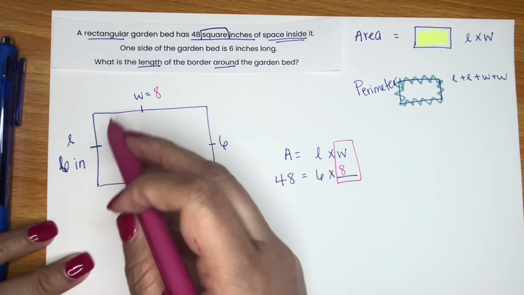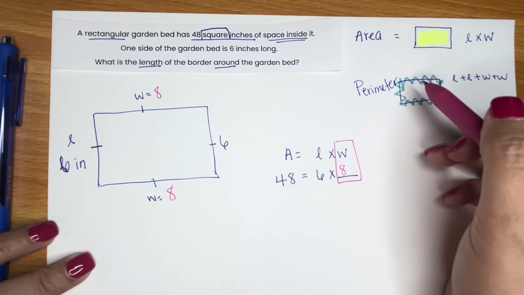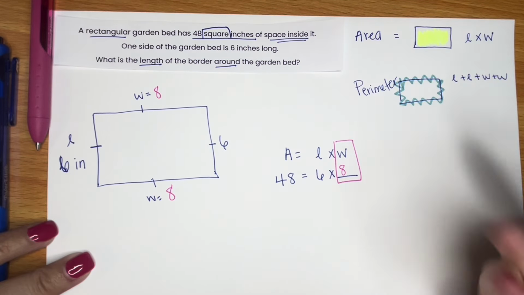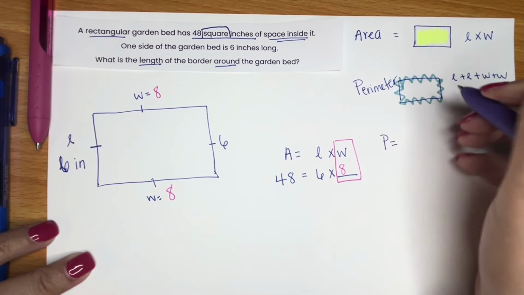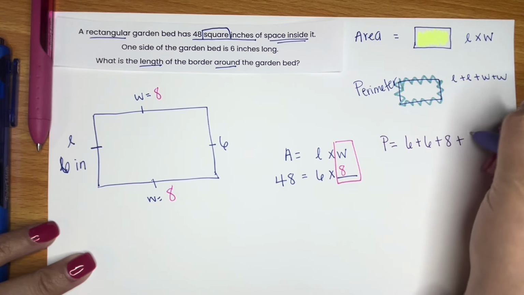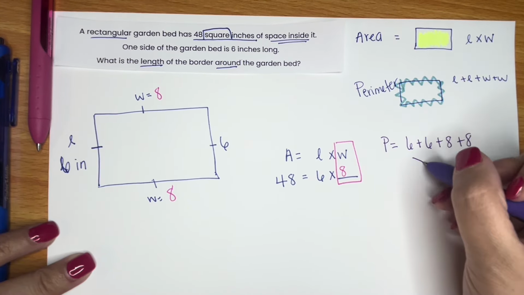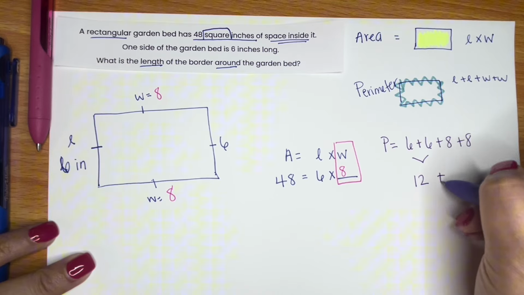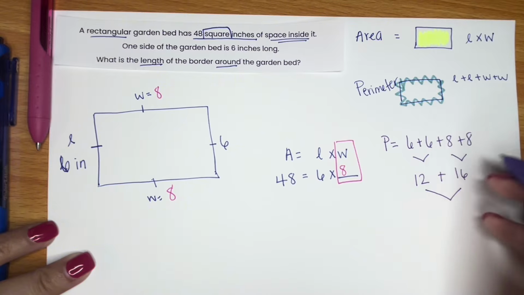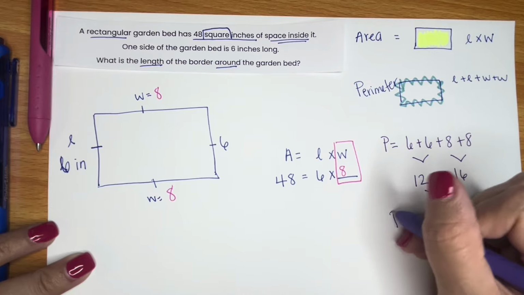Now do I know all the sides? Now can I plug it into my other equation? Yes. So perimeter equals 6 plus 6 plus 8 plus 8. 6 plus 6 is 12. 8 plus 8 is 16. 12 plus 16 equals